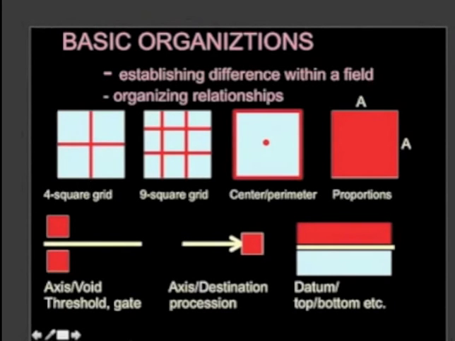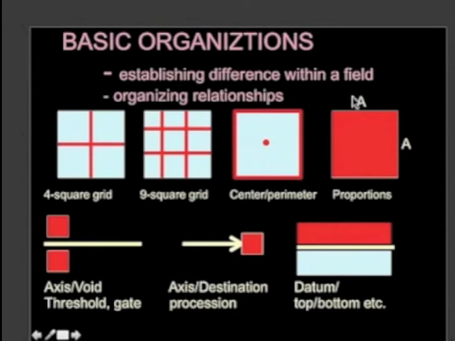You take a square, and one of the properties of the square is that it replicates its own form, square, square, square, square, at different scales. And at the same time, we get some of these other elements like center or perimeter. We could also get the same thing going with a 9-square grid, where the center, instead of being a point, becomes a plane or a cell. So that's kind of interesting ways of finding an organization that configures center in different ways. A center that can be occupied, a center that deflects activity around its point. So all kinds of things to look at.